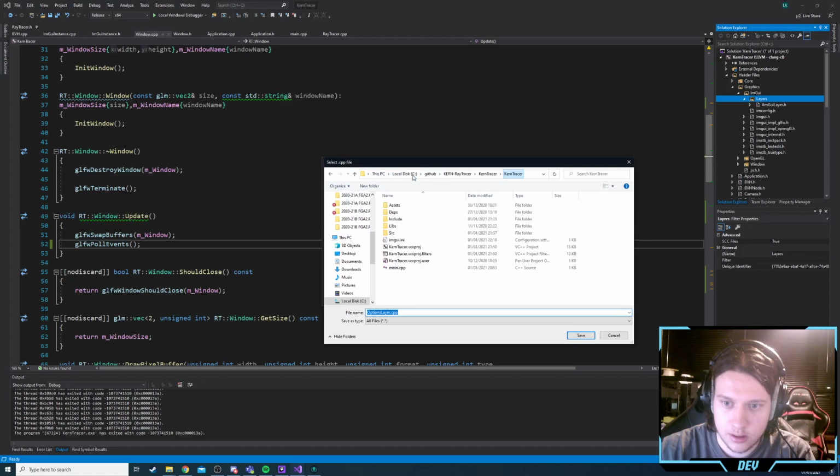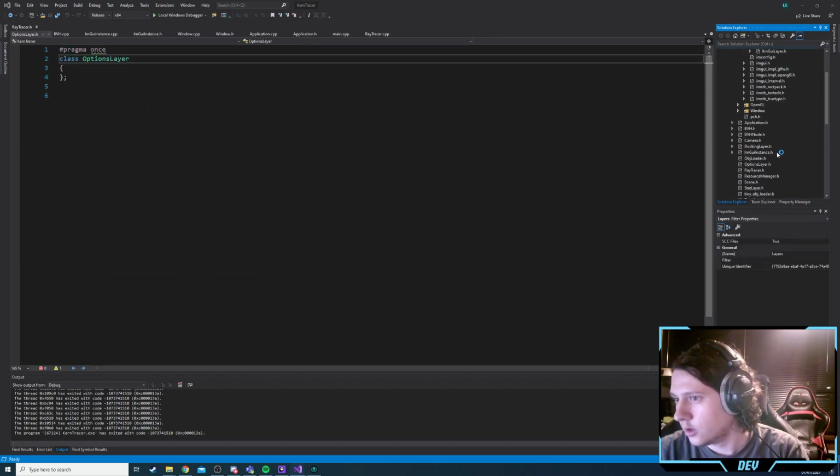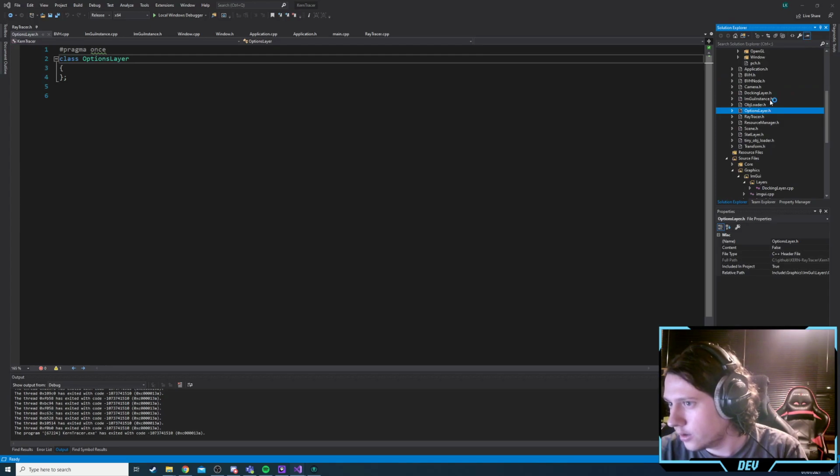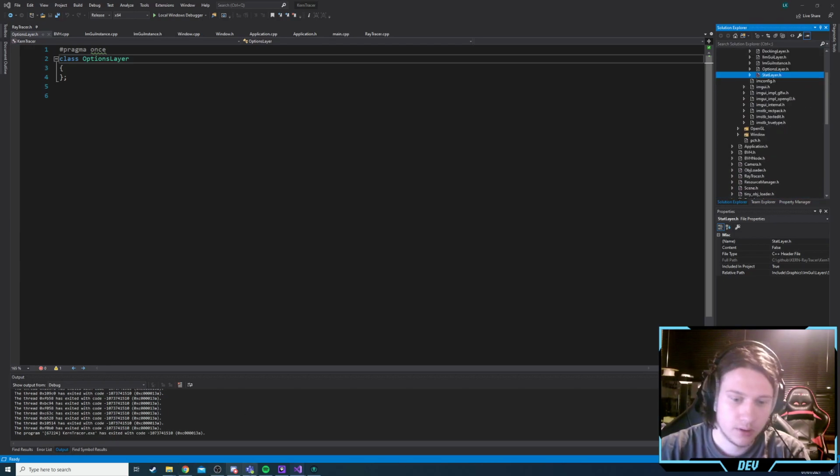And the CPP, source, graphics, GUI, layers, options layers. Oh, and I'm seeing that these are all in the wrong filter. Okay. And I'm guessing this one got put, yeah. Okay. And we're missing the stats layer as well. I haven't gotten the stats layer either. There. Okay, cool. So